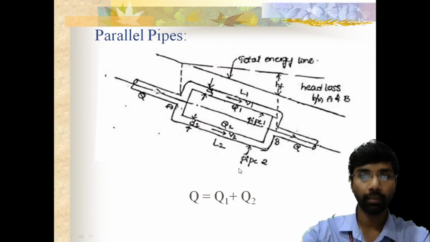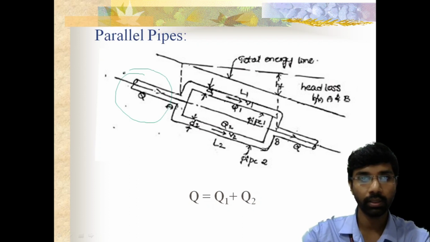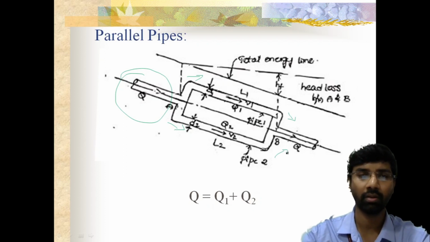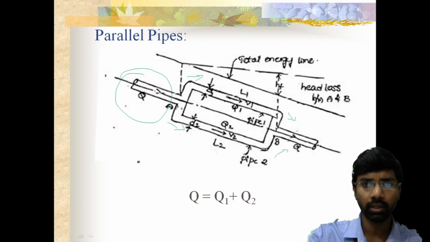And next one is the parallel pipes concept. Same as when two reservoirs are connected by a pipe, this may be a parallel pipe system where your main pipe is split up into two parts. This is one and this is another one, and they are joined at the end here. These types of connections are called parallel pipe connections. Now our intention is again to identify the velocities or discharges, whatever the unknown value may be in the problem.